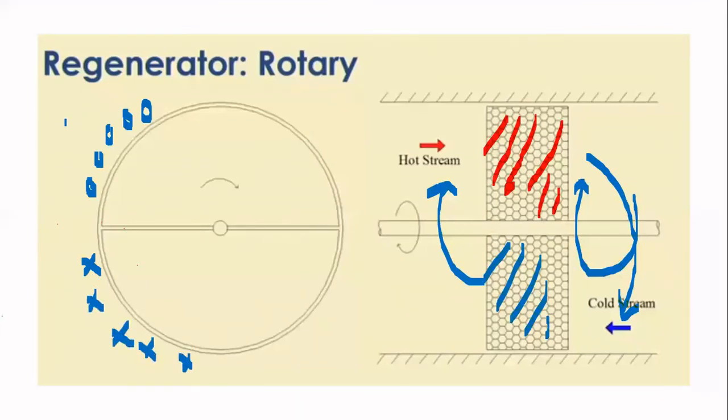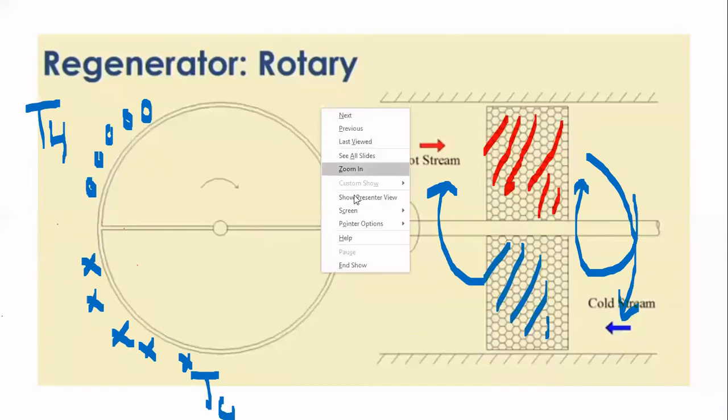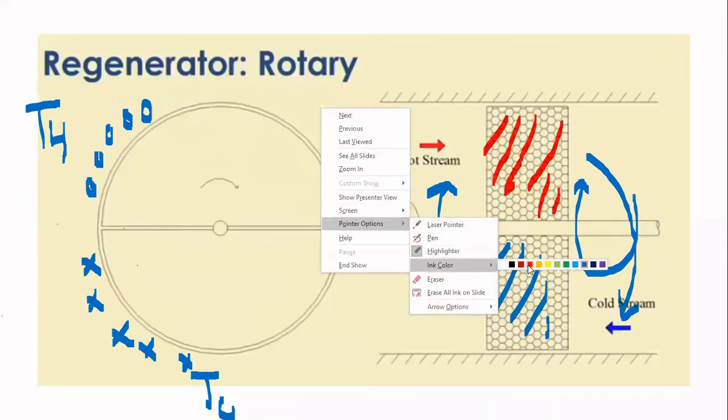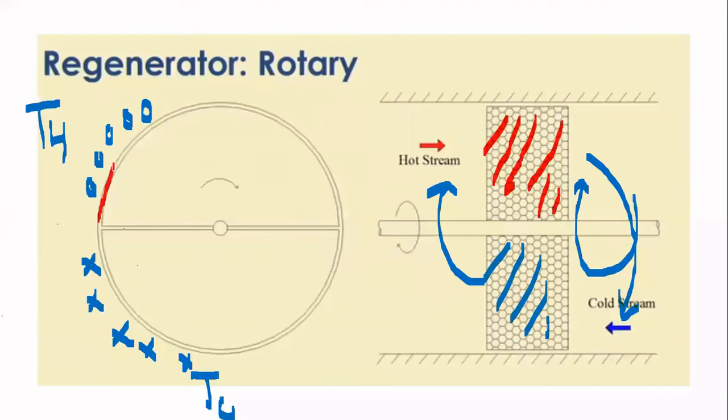So say here we have a fluid which is flowing in that direction. It has a hot temperature now. This has a temperature TH. This particular fluid has a temperature TC. So what is going to happen? The temperature of this particular side will be high, because hot fluid is flowing over that particular surface, and the temperature for the other side will be low. That will be equal to TC.